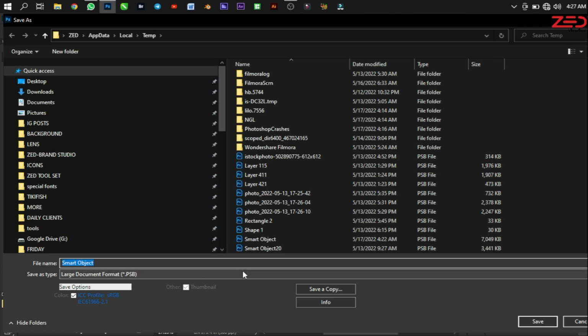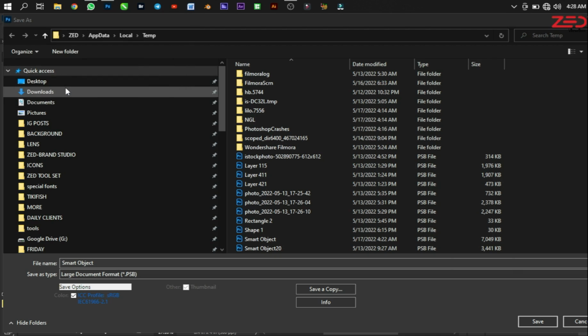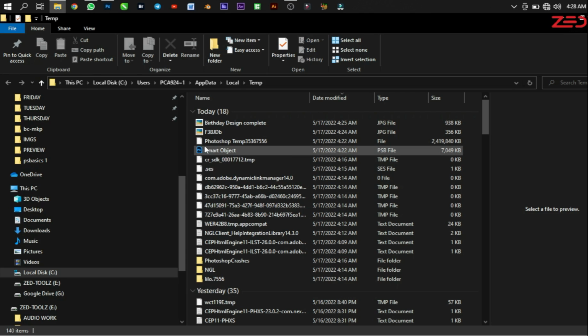And how do you reach the temp file? Simply by pressing the Windows key and R on your keyboard. You type exactly what you see here. I always use it. You type %temp% with the percent sign in front and behind. Once you click OK, it opens to where the temp file is, and that's a smart object because